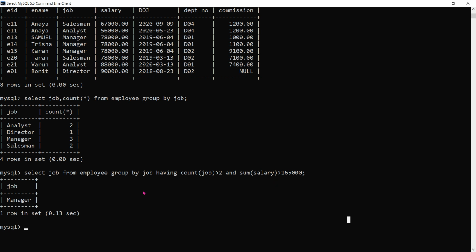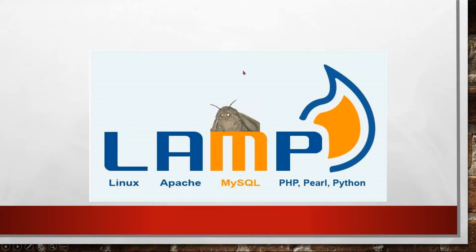So that's all for this tutorial. Before I wind up, something for just exploring knowledge. LAMP. This is a complete package of Linux, Apache, MySQL, and the last P, that is PHP, Perl, and Python.